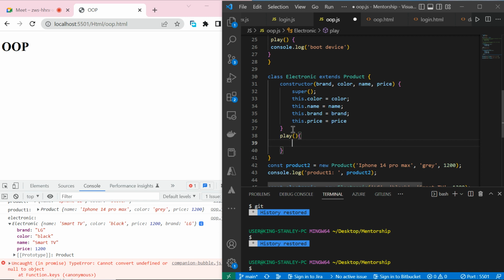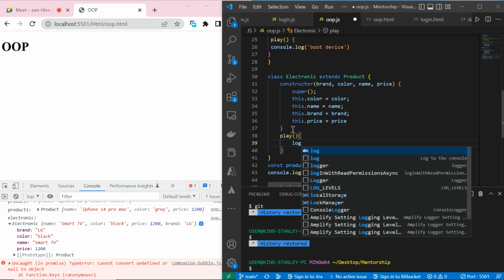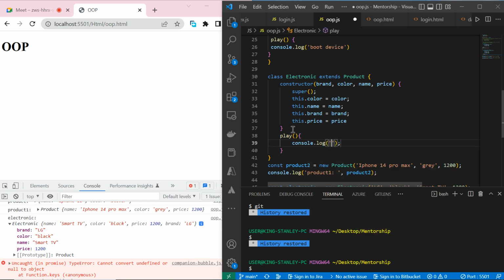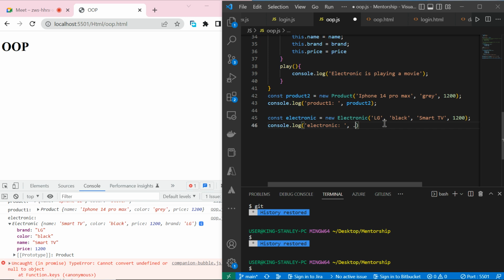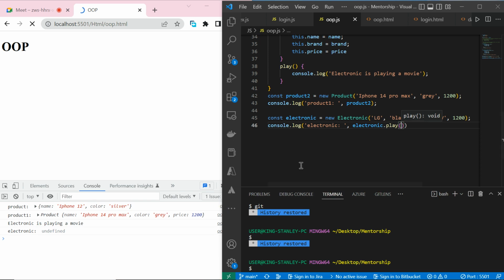If we come here now, we can then say another log message: electronics, electronic is playing a movie. If we log this product now, sorry, in electronic we say electronic.play, and we log here. What you are going to see,